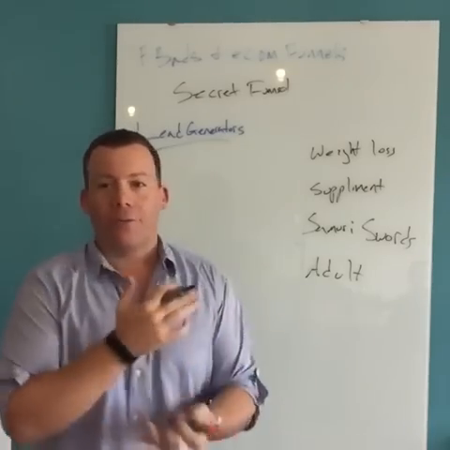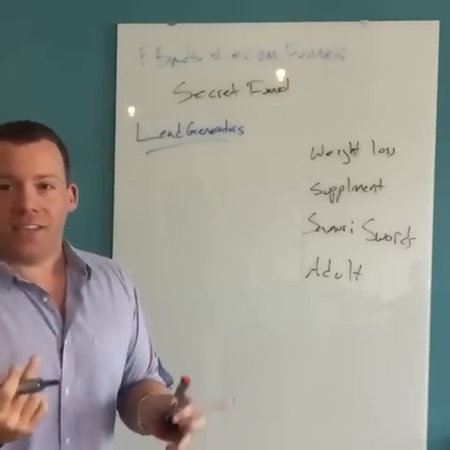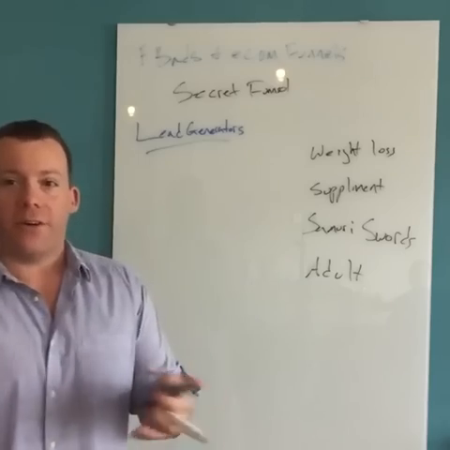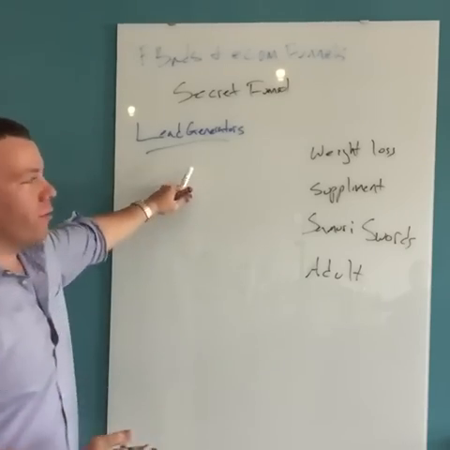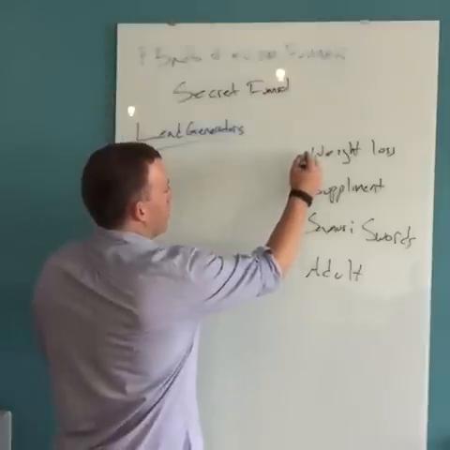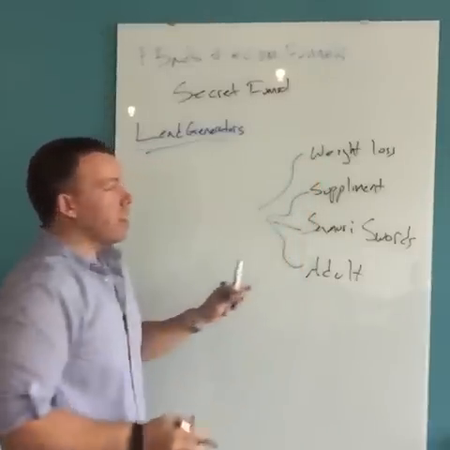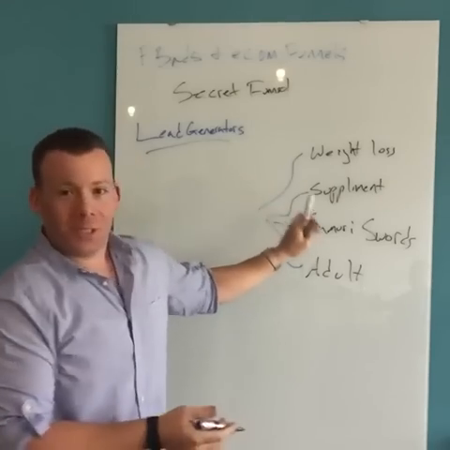I try to research as much as I can when it comes to all types of paid traffic. So I'll show you this just in case you ever get into one of these niches, or you're curious how to do it if you're in there. Basically, you create lead generators that would apply to the people that, in this case, would be interested in weight loss, in this case supplements, in this case samurai swords, in this case adults. Because the people that are into these things are still on Facebook.